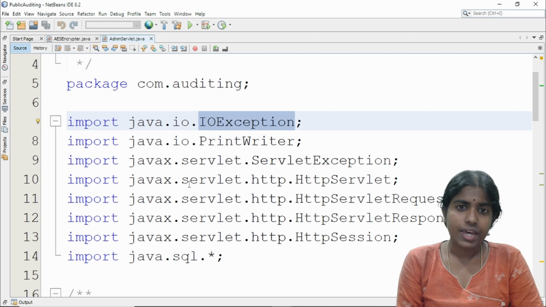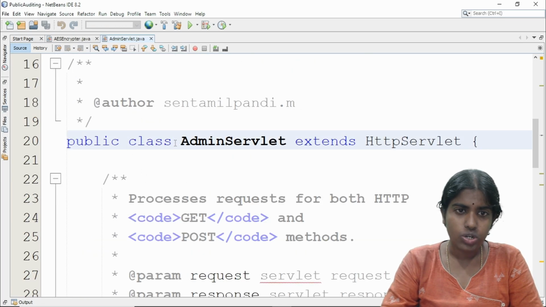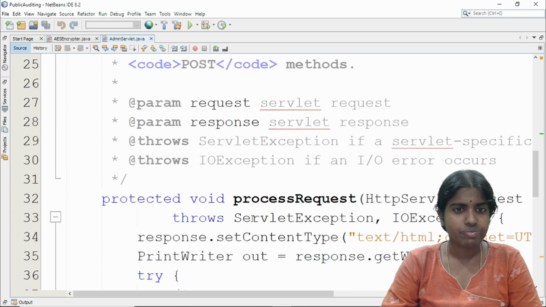After importing the essential packages and libraries, what is the next thing I need to do? You can see here, whenever I want to define any new class, I use the class keyword followed by the name of the class. So I am defining a class called AdminServlet. It is extending HttpServlet and prepended by the public access modifier.